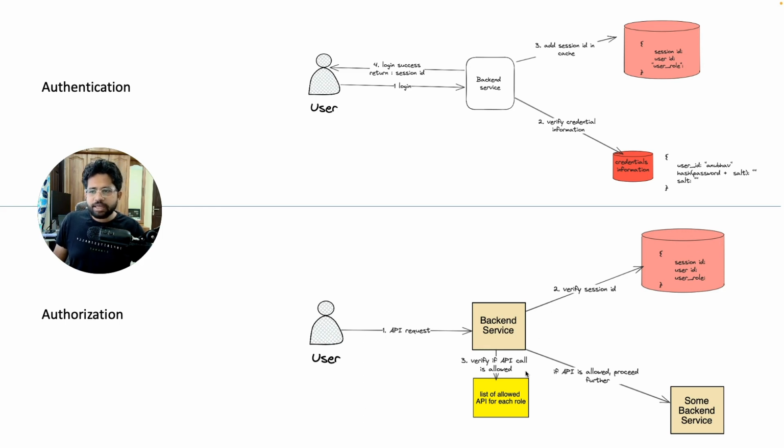It will also verify whether the user role is among the list of allowed roles. For example, let's say a user has called the delete API, and the delete API is not allowed for a regular user, it is only allowed for an admin. Those things will be hard coded in your backend service, it might be in a config file or somewhere, and you will verify in memory, and then actually make the backend call. If that backend call is not allowed, then you will return the response with 403 or permission denied or whatever. So this is how things will work.